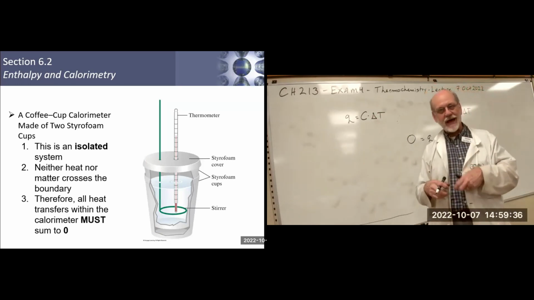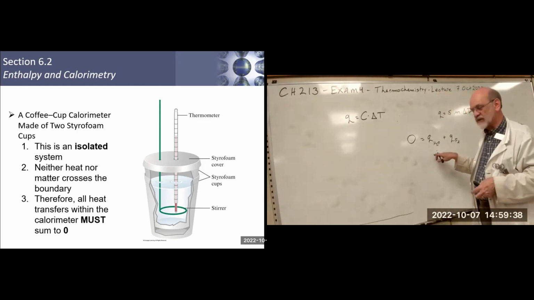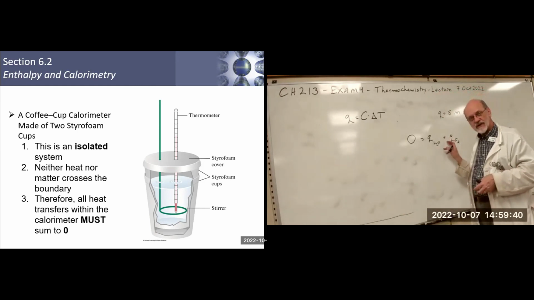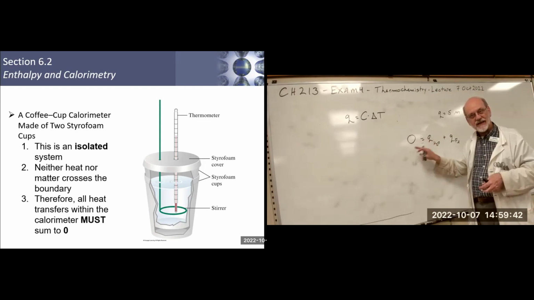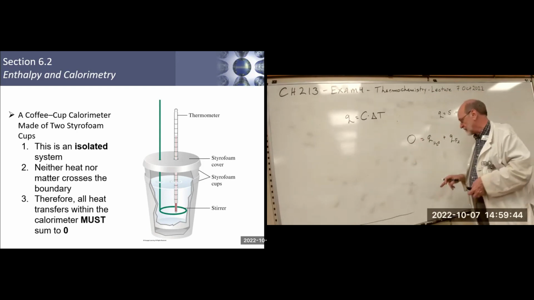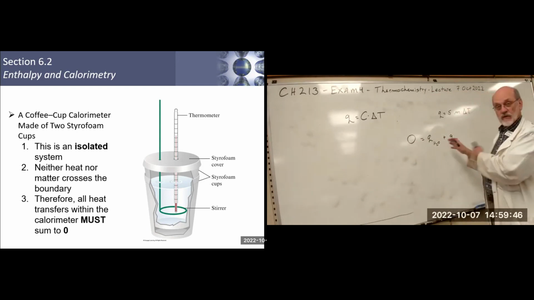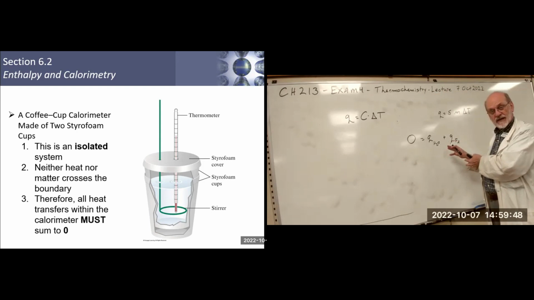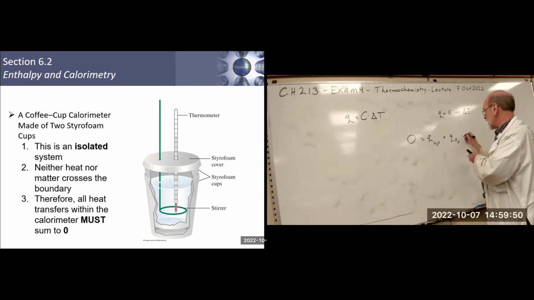I didn't like it then. I don't like it now. I like this method better. Everything that happens in Vegas stays in Vegas, must add to 0. Now, the one thing that we haven't done yet is incorporate any heat change